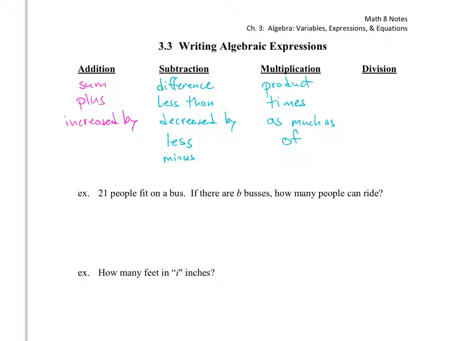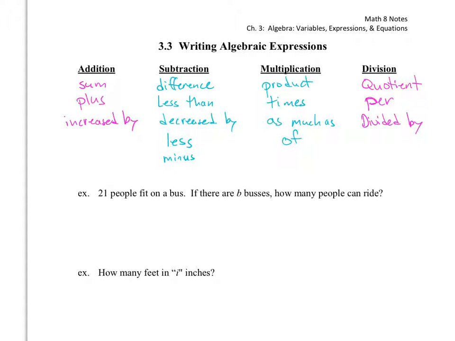Division, we have quotient, per. We have 5 buses. How many people can we fit per bus? Or you have 100 people. How many people are you going to put on each bus? So how many people per bus? Divided by is another one there. So refer back to this as you are doing your homework,